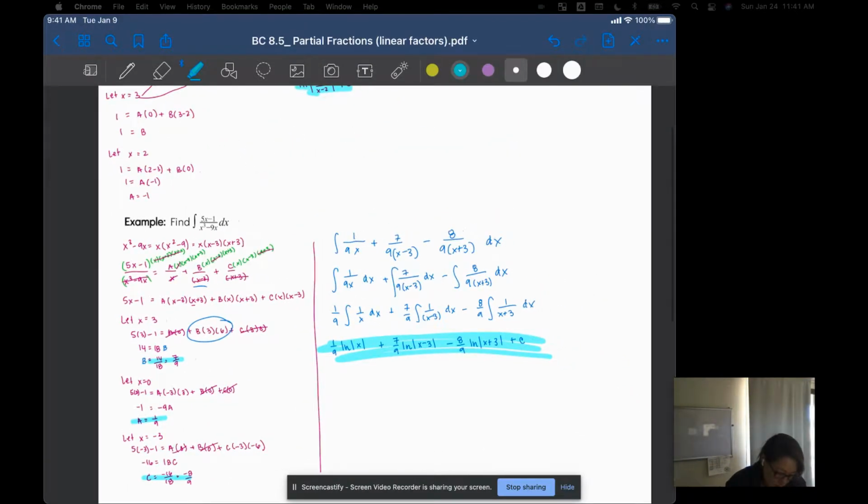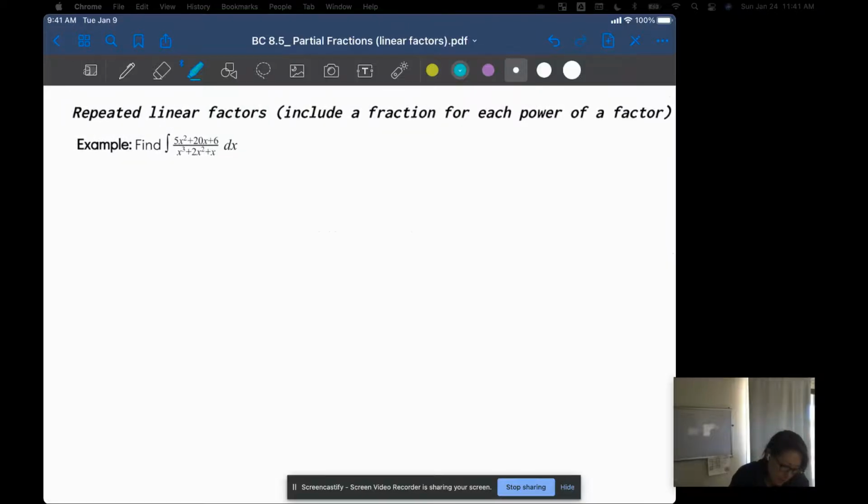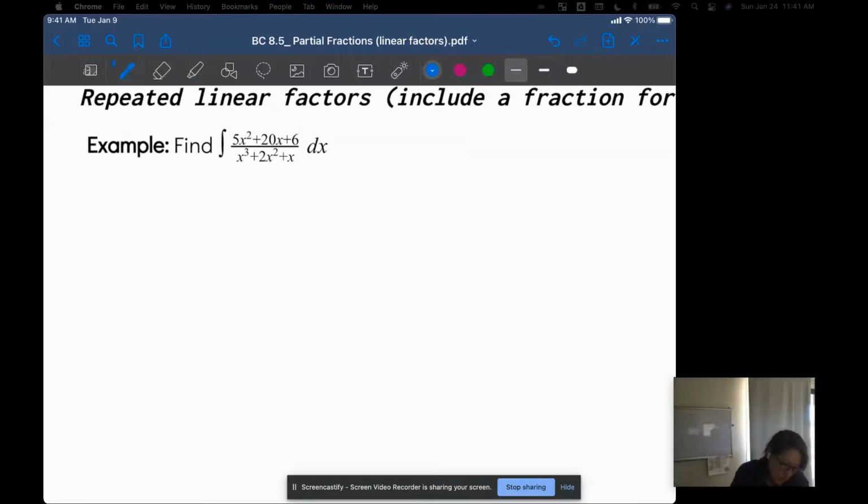Okay, last one. So remember how we deal with repeated linear factors? If not, I'll show you right now. Denominator is x cubed plus 2x squared plus x. I'm going to factor out the x, giving me x squared plus 2x plus 1, which is x times x plus 1 squared. So when we set this up as 5x squared plus 20x plus 6 all over x cubed